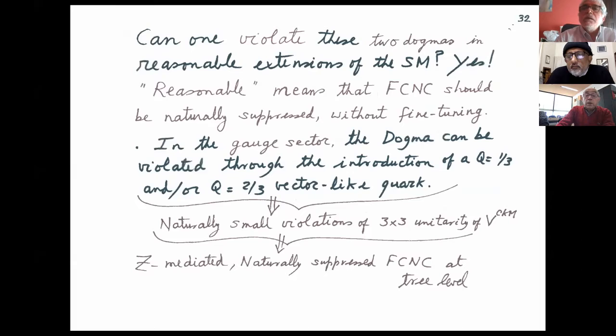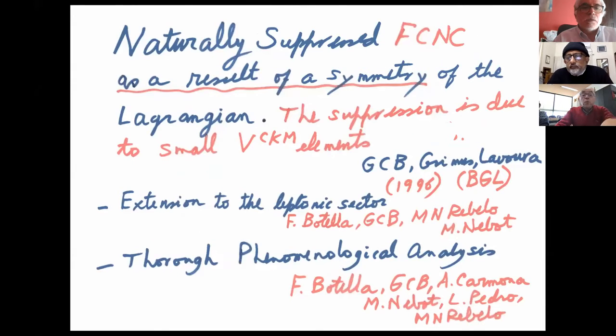Well, I already said that the dogma in the gauge sector is already violated by seesaw, and in the framework of vector-like quarks, which are cousins of right-handed neutrinos, because you can write a mass for the vector-like quark without invoking a Higgs, a bare mass. The same is true for right-handed neutrinos. In the context of the standard model, you can write a bare Majorana mass for the right-handed neutrinos. So now we have done